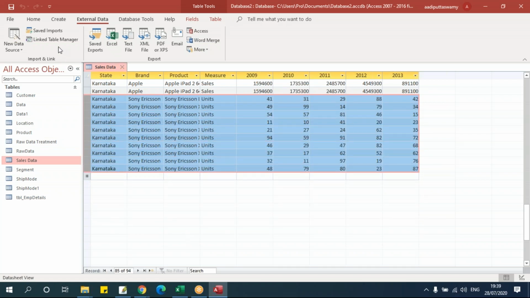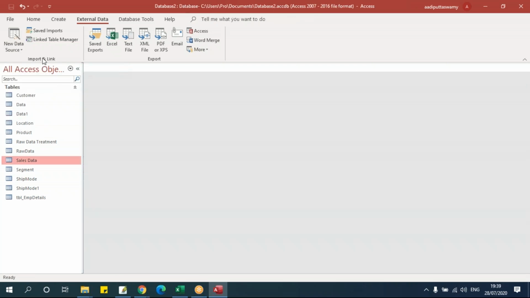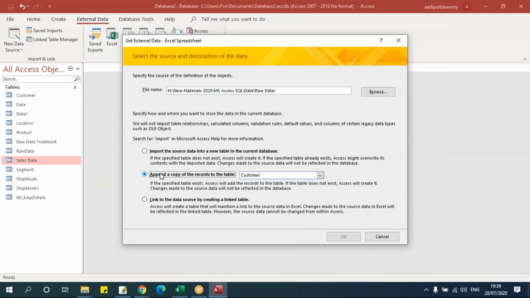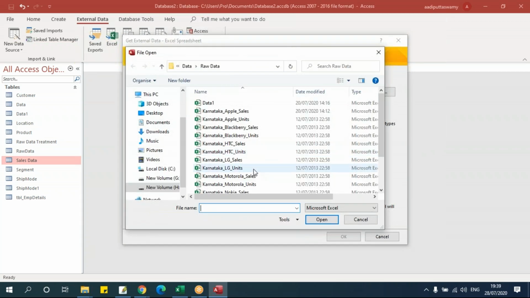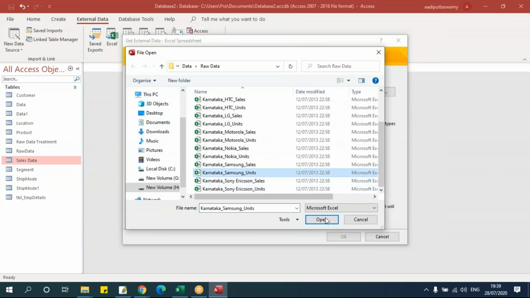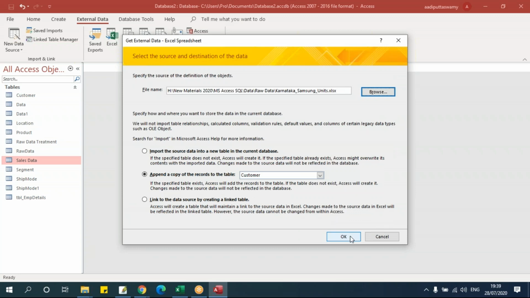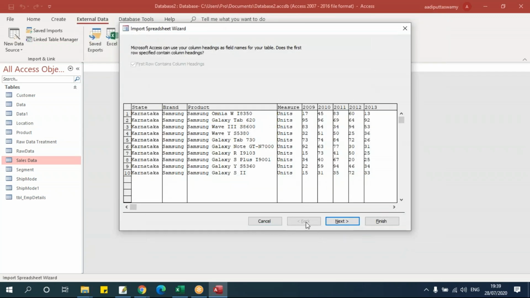Let's take one more table, some more data here. Say again, say append, browse. This time let's take Samsung. Say okay.